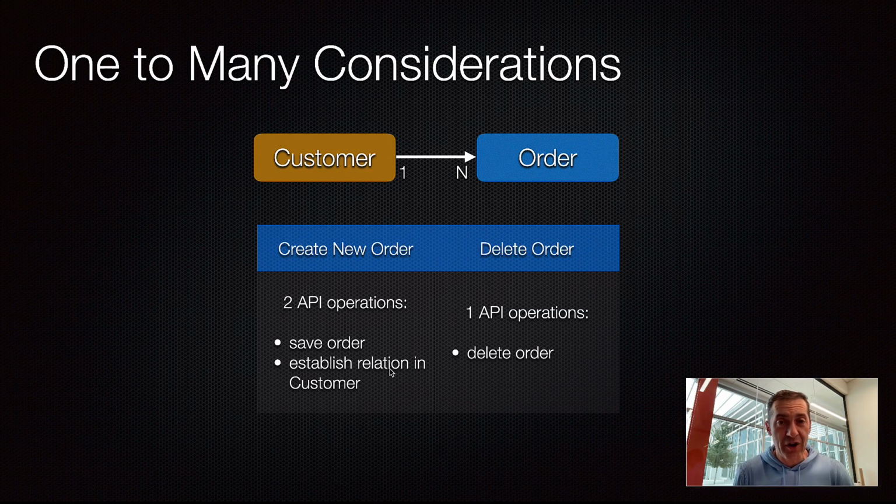Remember from the video where we establish relations, you send that API request to the parent table, so the table that actually has the relation column. In this case, the child object is saved, and then you update the parent object to add that new child to the collection of related objects. So two operations. And then as far as the delete, you would just be deleting the order and Backendless automatically cleans up the relation. Okay, so you don't need to do anything with relationship management. Backendless takes care of that.